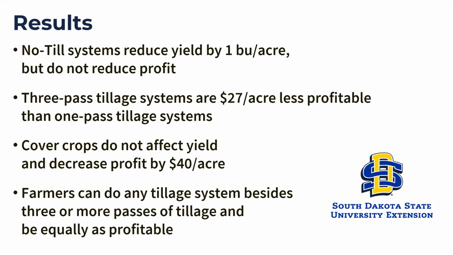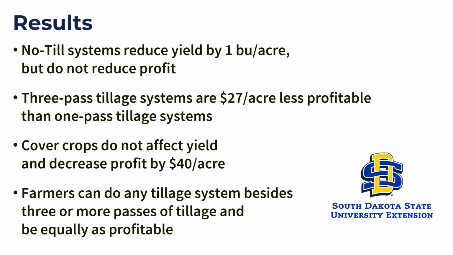So again, I'm going to skip over the statistical analysis, but it's the same idea that we have this nice panel data set so we can observe the same fields over time. We can control for the weather and some of these field characteristics because we can see these fields year after year. And what we find in this study is that no-till systems reduce yield by 1 bushel per acre, but